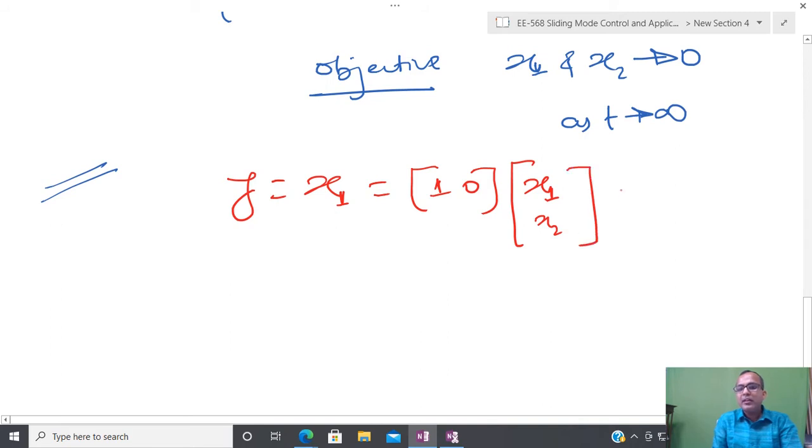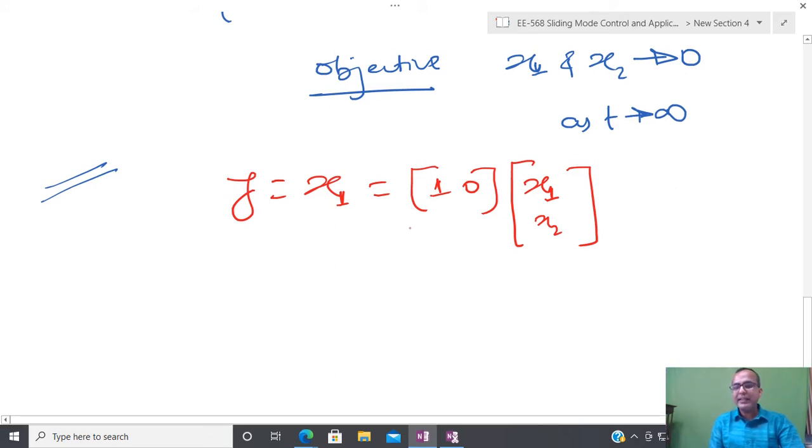So Sir, is it like the observability test, controllability test that we have done? Now let us see. After that I will come to controllability and observability. First try to understand the problem. What is the difficulty? Why do we have to go for observability and controllability? First we are trying to understand the problem.